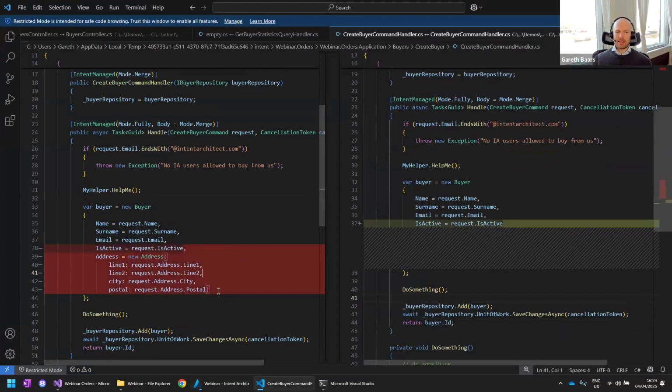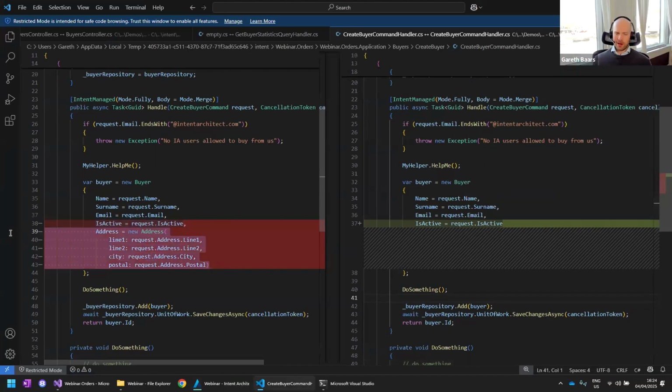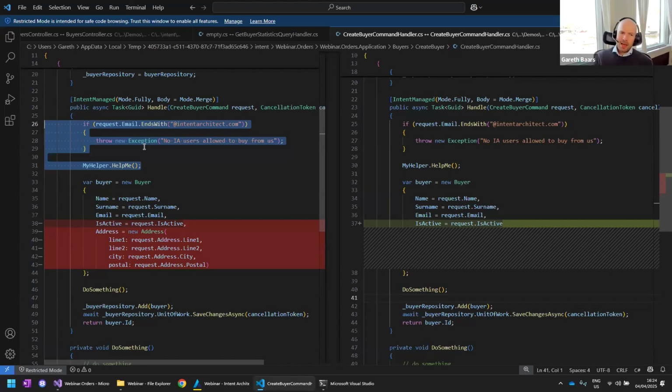And what you can see is that it's going to now remove the setting of the address, because that's what we told it to do, but it's going to quite happily keep my code, at least the developer's code here. And so the merge systems are really, really smart. They know the difference. They know what is developer code, and they know what is code that was written by Intent Architect at that very, very fine-grained level of control.